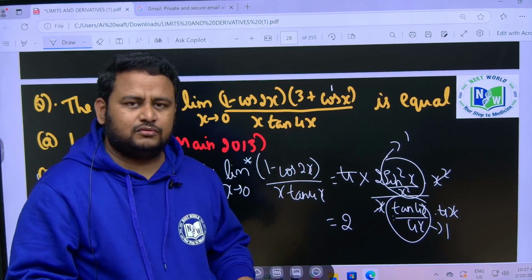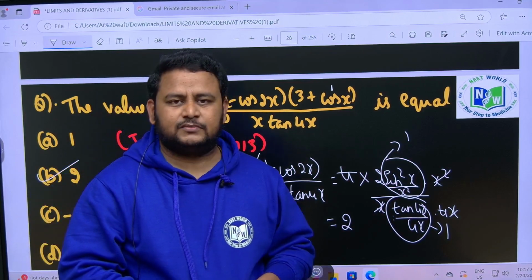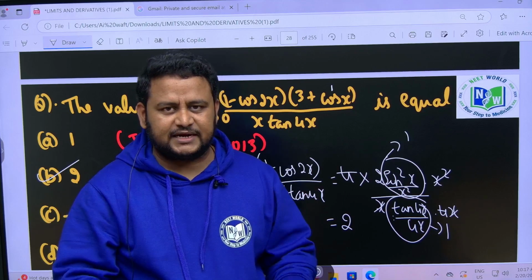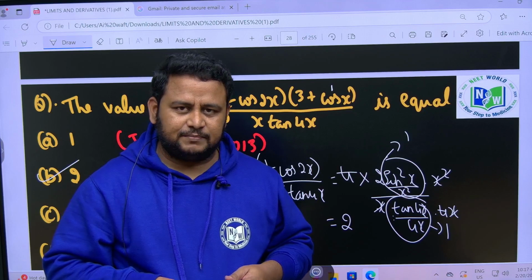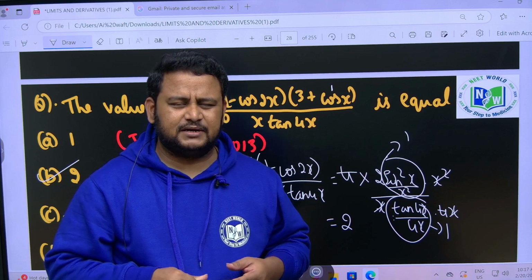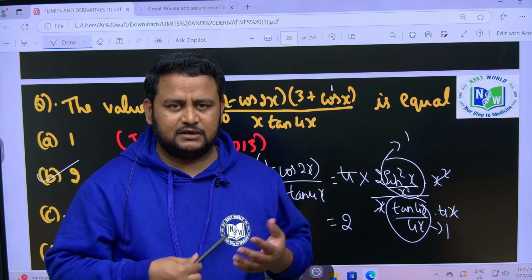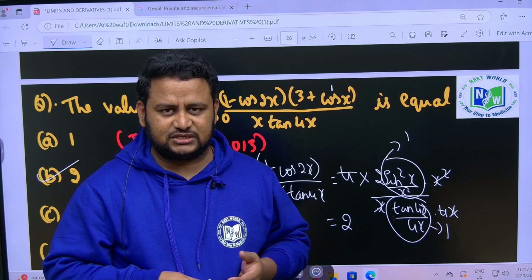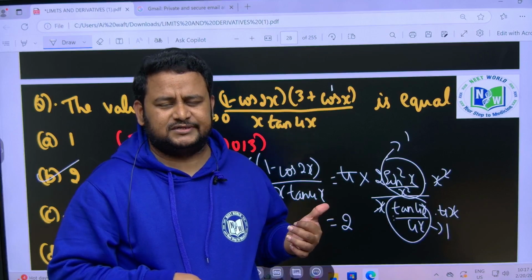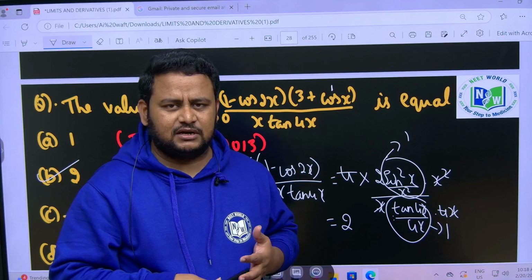So we'll continue in the next session for the remaining types of limits. We learnt about what a limit is, trigonometric limits, and how to solve limits: when we should use direct substitution, factorization, and rationalization, and then trigonometric limits. Right friends, in the next class we will learn some more concepts